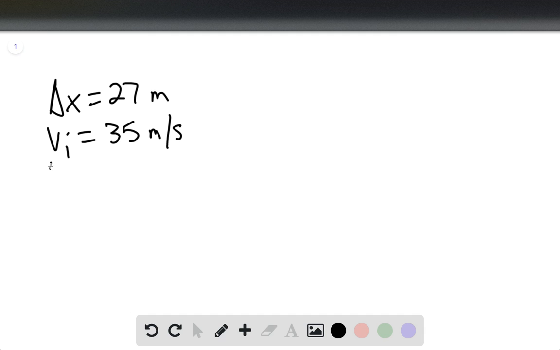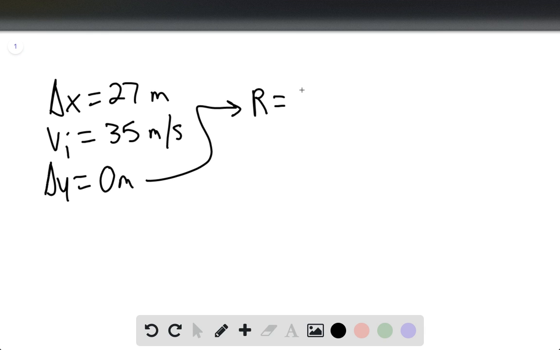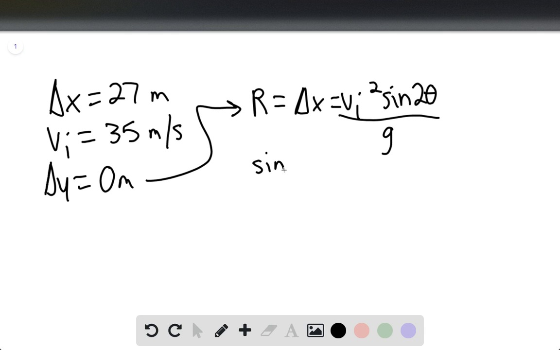So we know that delta y equals 0 meters, so we can use the range equation, which is equal to essentially delta x, and this will be velocity initial squared sine of 2 theta divided by g. And then we can solve for sine of 2 theta, or rather, we can just solve for theta and say